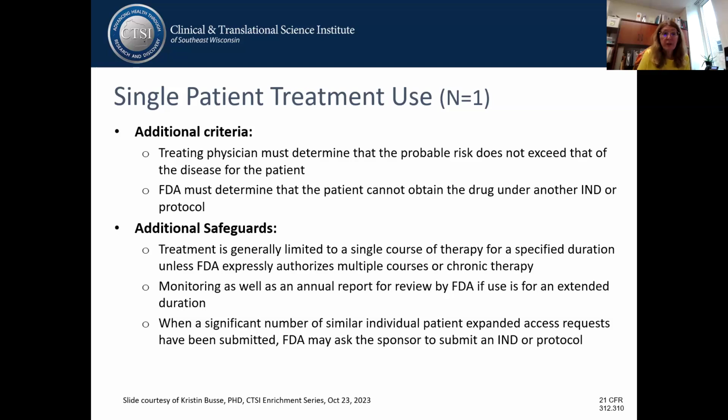But it's very good that you don't have to go back to the FDA if there's published literature and they do approve the multiple courses. You don't have to go back and request an application each time. And when quite a few patients have gone through the single patient expanded access route, then the FDA may go to the drug company and say, okay, it's time for you to open an expanded access, or have you considered opening an intermediate expanded access